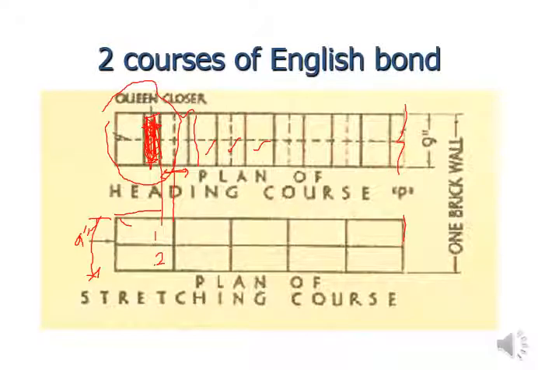This drawing is very important because you will be given an assignment just to draw the courses, all of the headers, stretcher, English and Flemish bond, next one also. So for that you have to draw the sketches for 9 inch thick wall and for 13.5 inch thick wall. So be ready for that, and for that you have to have a good understanding of the plan view and also the front view, to draw the front view and to draw the plan view of the walls.